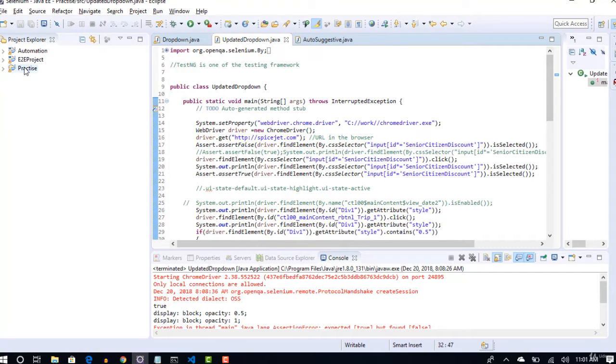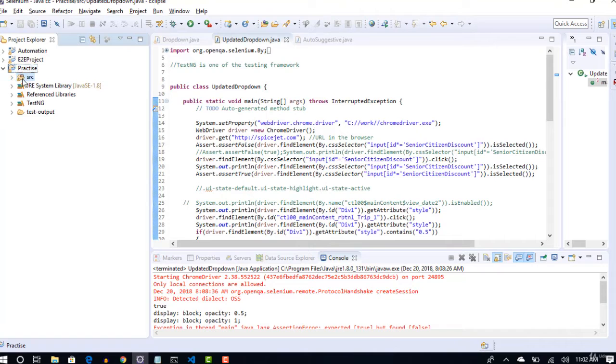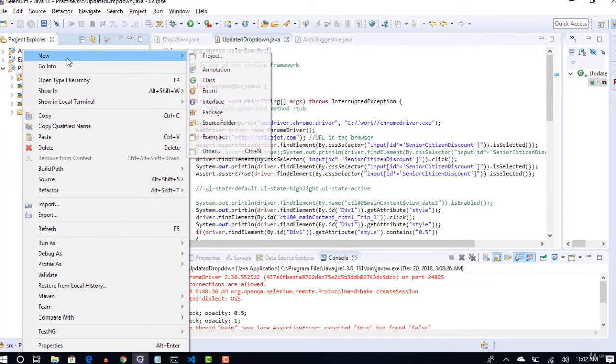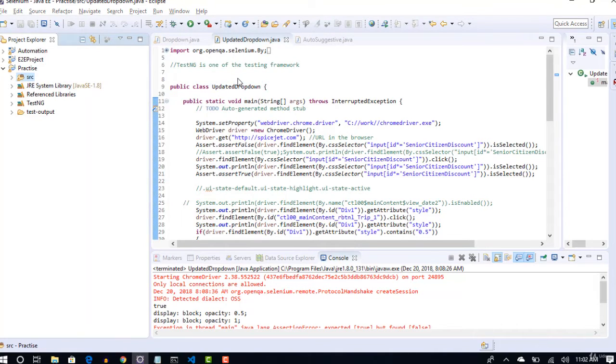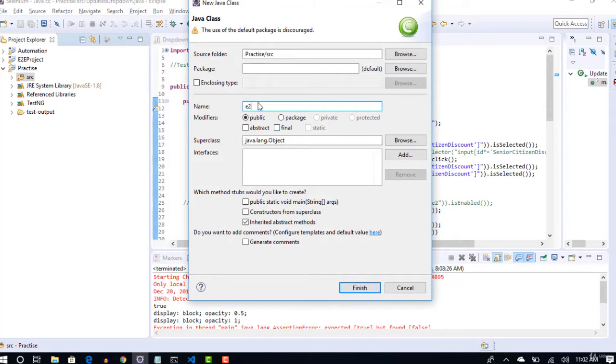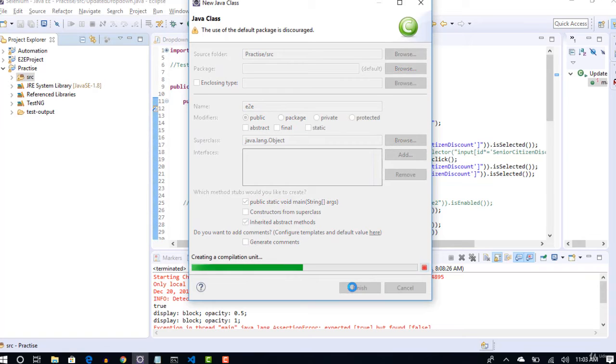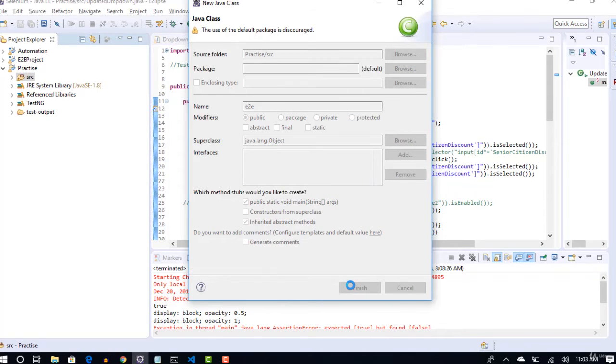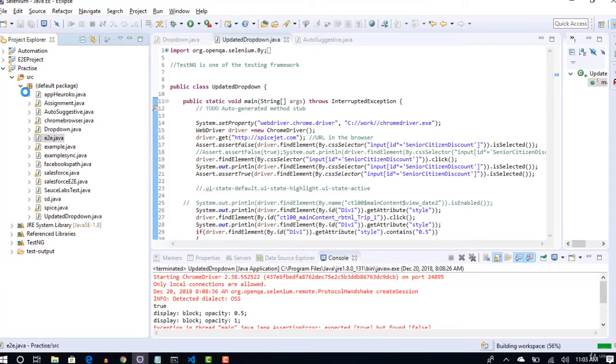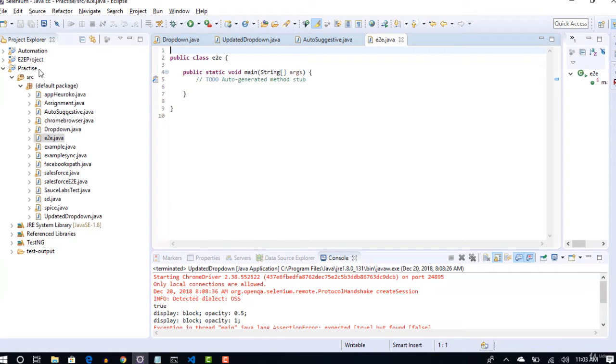Okay, so I'll create a new class and add all the pieces we have done from different classes. Let me expand this. New class, and I'll just name it end to end. That's it. Okay. Right. So first,